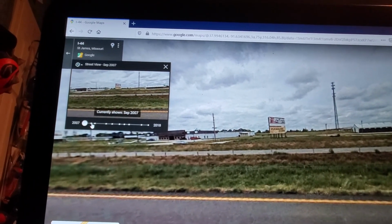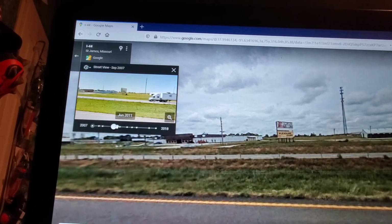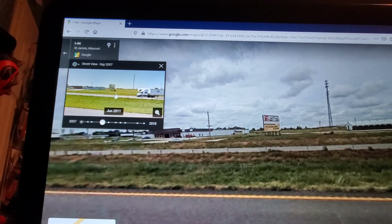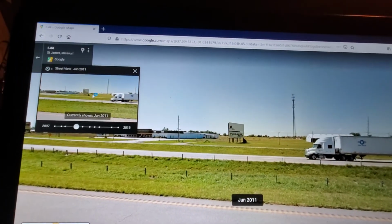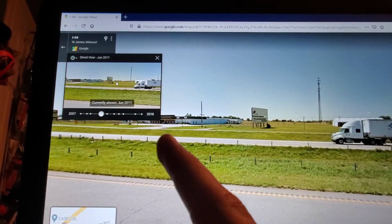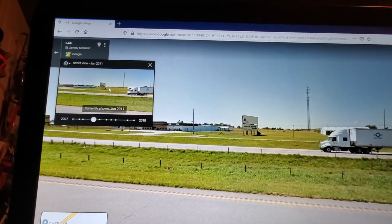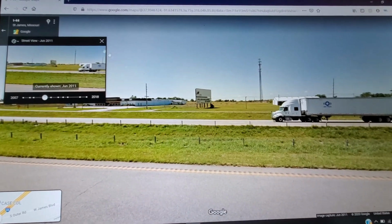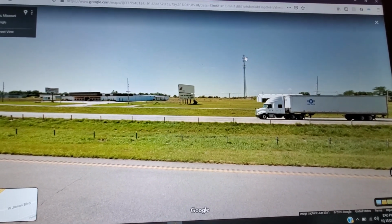I'm on 2007 Street View, and there is no 2009 Street View here, but I'm not going to be showing you any of that. I am going to be checking out at least 2011 to see if this thing used to have a strobe light, because I'm really curious. So let's find out if this thing used to have...